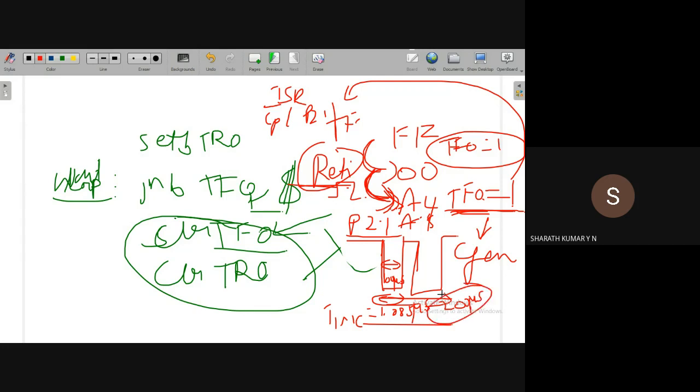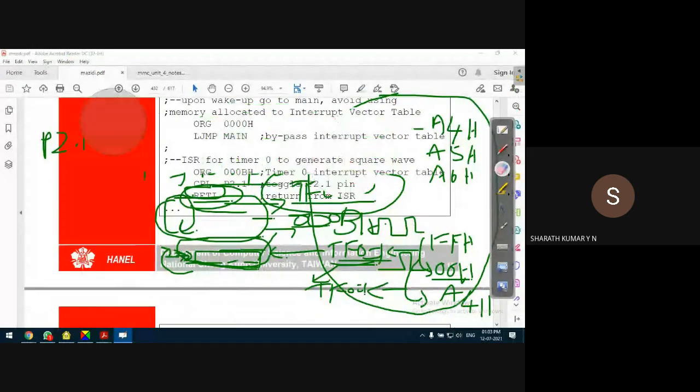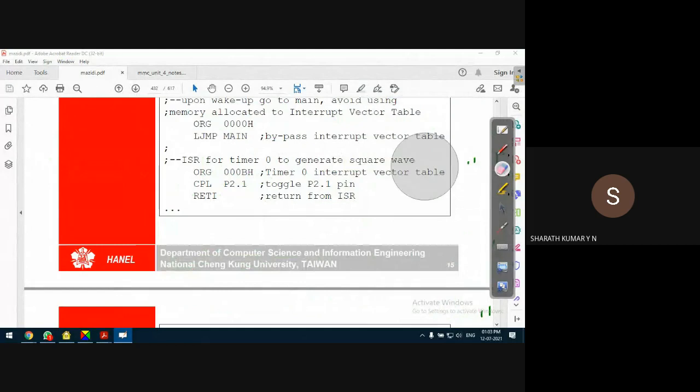So one of the important operations of the RETI instruction is that whenever timers, either timer 0 or timer 1, are used to generate an interrupt, before it goes back to the main program, this overflow flag should be set to 0. Otherwise, it will continuously force the compiler to execute the ISR based on the condition of TF0. If it is always 1, it will generate an interrupt continuously. That's why we don't see a clear TF0 instruction here, because that is taken care of by the RETI instruction.